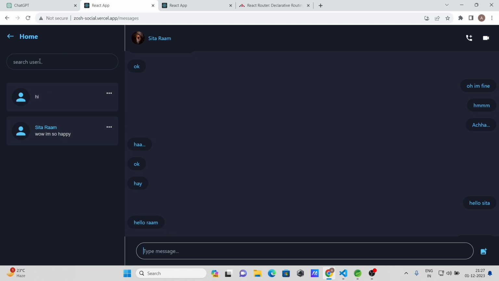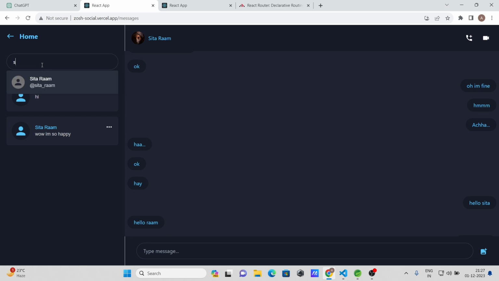Now you can search here, search your friends from here as well. Like let me search Ram, Sita. Okay, so any name you can give. If the user exists, then you can see the list of users here. Okay, and if not, then you can't see anything. Okay, now let me go back,